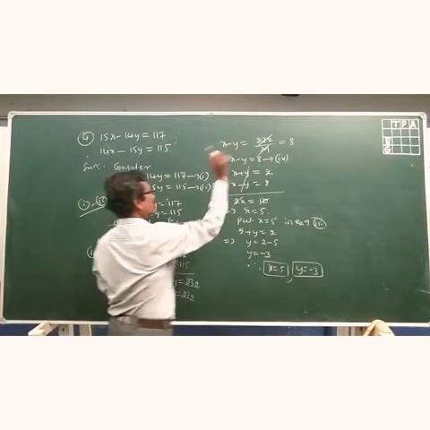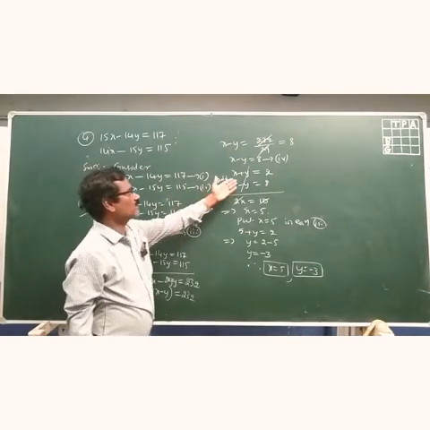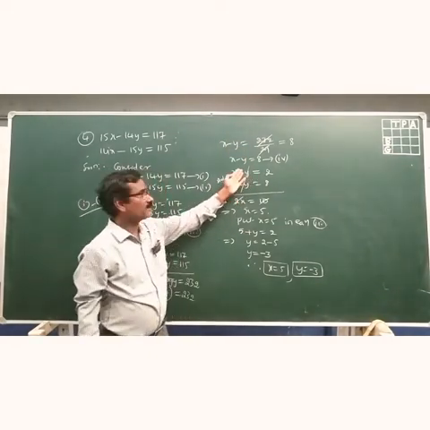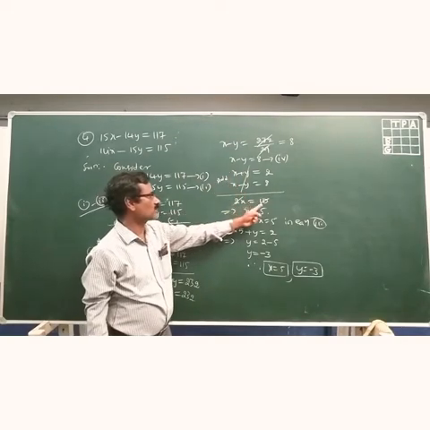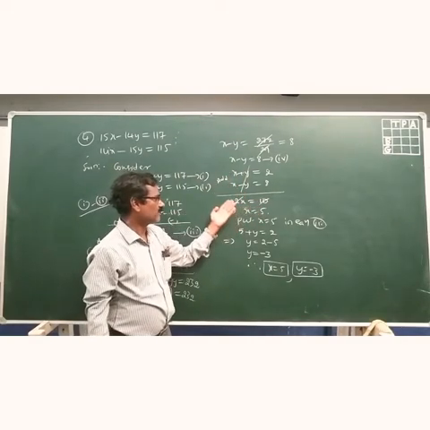So by seeing this, easily we will get what the elimination variable is. Here y is the eliminated variable, so that we got 2x is equal to 10. Then we got the x value.